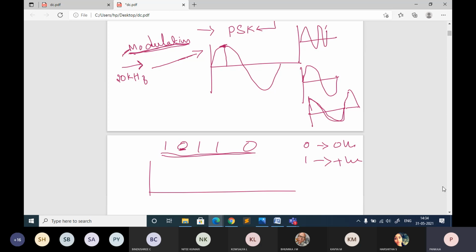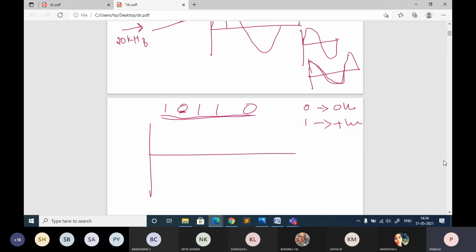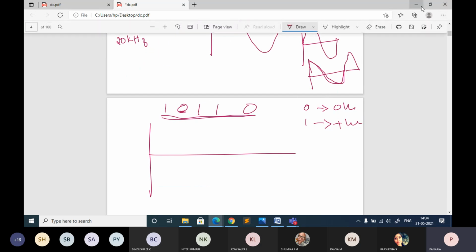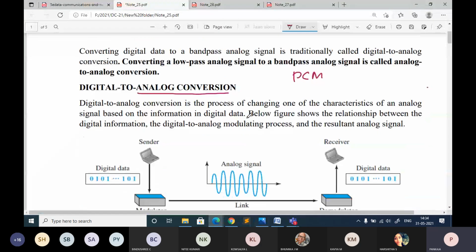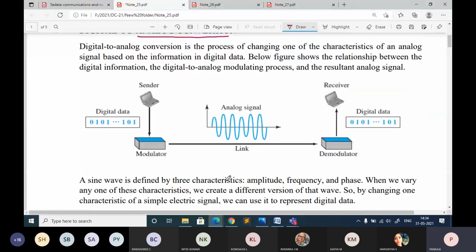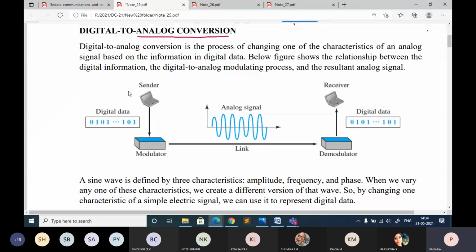For that, what are the other components required to work with this? Okay, so till here I think everybody understood. Whenever you are doing modulation, it definitely requires demodulation at the receiver side. That is the opposite operation, where you convert the analog signal to digital data. These are the common terms: if you are doing something with the data at the sender side, it has to be reversed at the receiver side. We call that decoding.